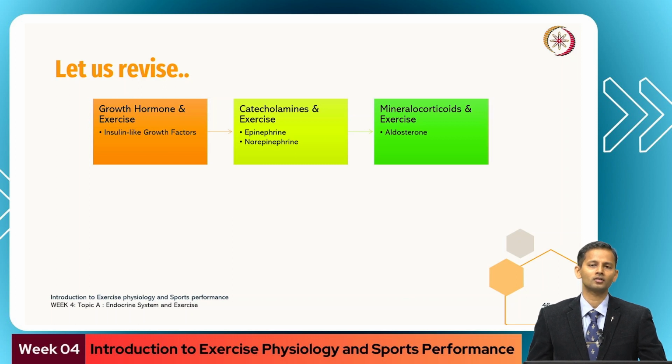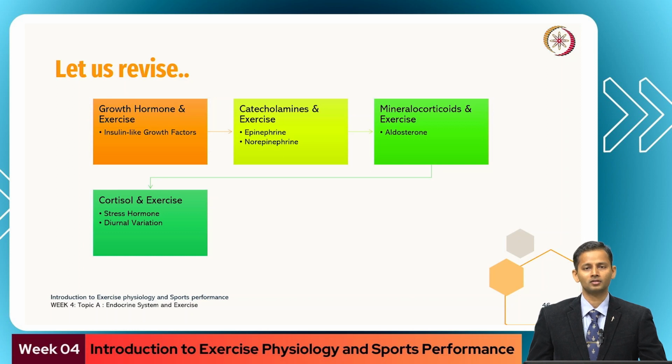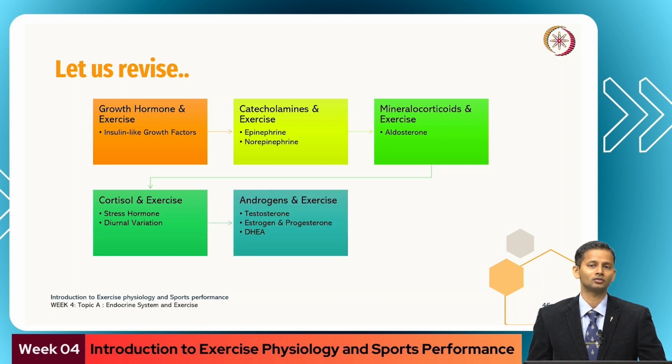cortex, namely the mineralocorticoids and the glucocorticoids and the androgens. We discussed the importance of the electrolyte and water balance that is regulated by the aldosterone during exercise, the effect of cortisol, namely the stress hormone, and how it varies with diurnal variation and its importance and various functions, and what are the factors that regulate the production of cortisol during exercise, what are the various functions of androgens, the testosterone, estrogen and progesterone, as well as the dehydroepiandrosterone produced in the adrenal cortex, and what is their role in terms of promoting muscle growth and increasing performance